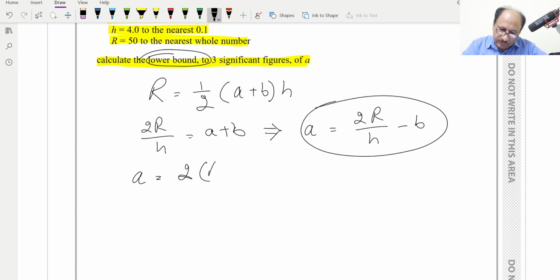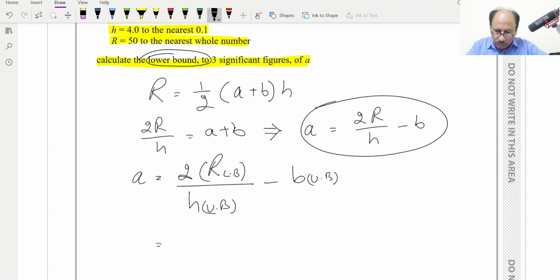So I will write R lower bound divided by H, which should be upper bound, because we need a smaller answer. So this should be upper bound so that we can get a smaller answer, and minus this should be the upper bound of B. So I will write here B, and this should be upper bound, and these values we will be writing: